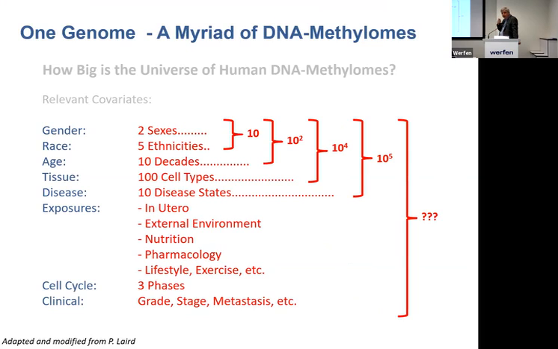DNA methylation is not like the genome. You have one genome and probably a tumor genome. DNA methylation changes according to sex. So you all know already that females have two X chromosomes. One is inactivated by DNA methylation. That's easy. Ethnicity, we can clearly identify ethnicity based on DNA methylation. Age, sorry to say so, by aging you change your DNA methylome. Cell types, I've shown you with disease states and so on. So there's a lot of heterogeneity going on.